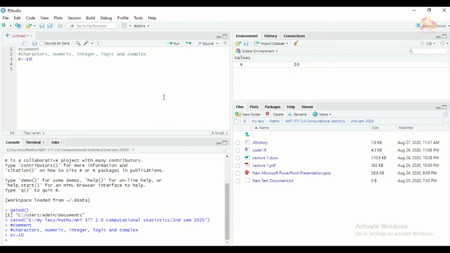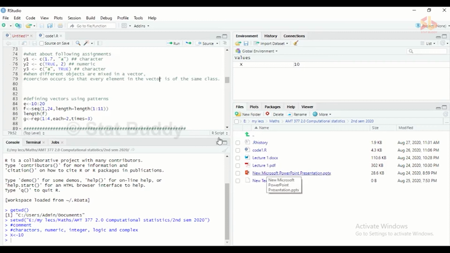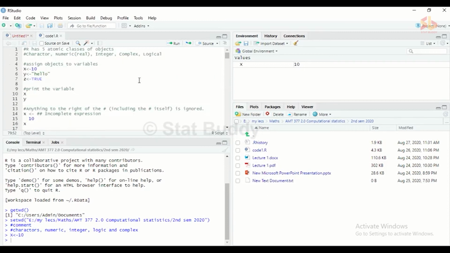For this lecture, I have prepared lecture notes using R code. It is stored in my working directory. The name of that file is code1.r. It is a source file, so you can click it, and by clicking it, the script file is automatically opened. You can see that the name of this file is in black, and this is in red, which means this is a saved one and this is a temporary one. Once you save this file, the red will be turned to black.